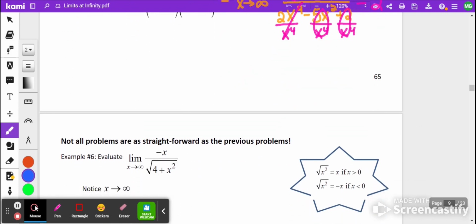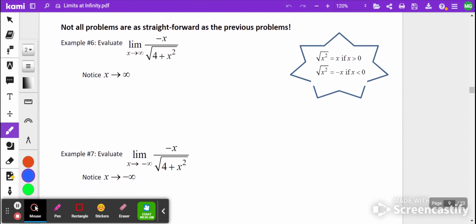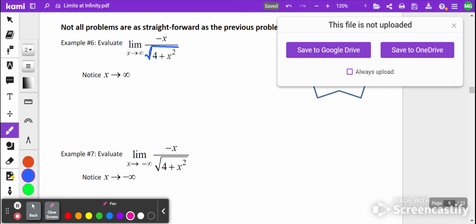Okay, things are about to change a little bit. So for problems like this, if you notice, we have a radical in our denominator, but we don't have a radical in our numerator. So in our denominator, what we have to do is we have to divide everything under the radical by x squared. In the numerator,